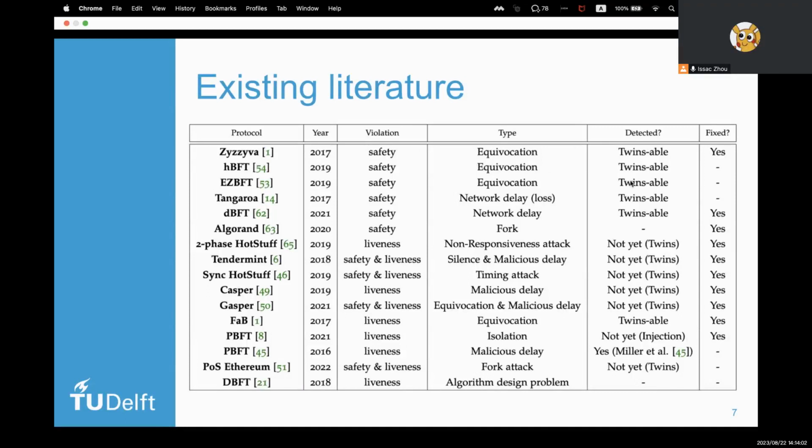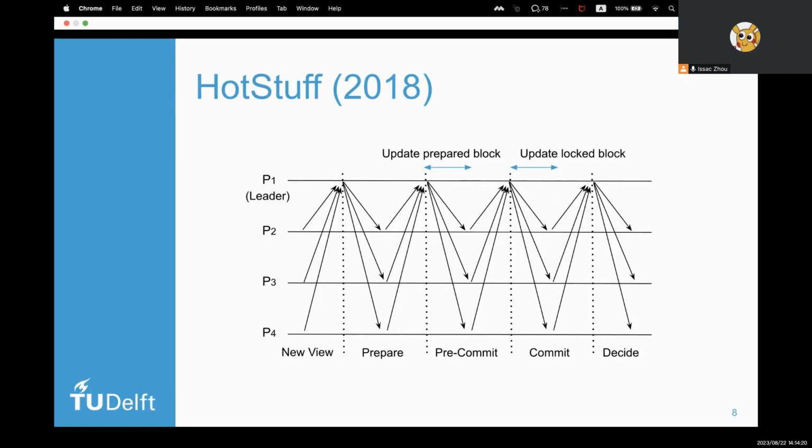Some of the attacks are out of our scope, so we tag them with a dash. We can see that most safety violations can already be detected by Twins, but liveness violations have not yet been detected.